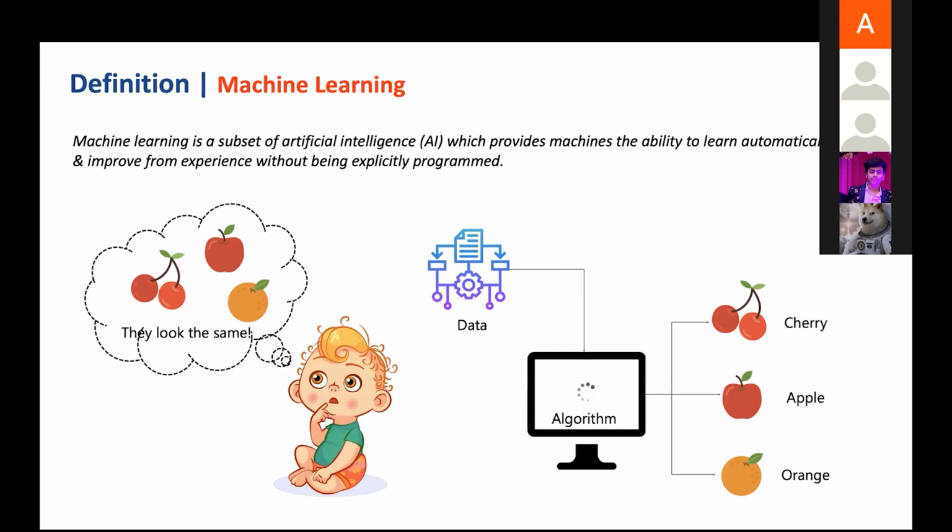But the first time you teach anyone, he cannot say it. Like in our childhood, teachers said 2 plus 2 is equal to 4. The first time you cannot understand, but when you practice 2 or 3 or 4 times, you can understand it. In the same way, if you tell the child, this is the apple, this is the orange, this is the cherry, after telling 5 or 7 or 10 times, the child finally learns, and if you ask them to pick the apple, he will pick the apple. Pick the orange, he'll pick the orange.